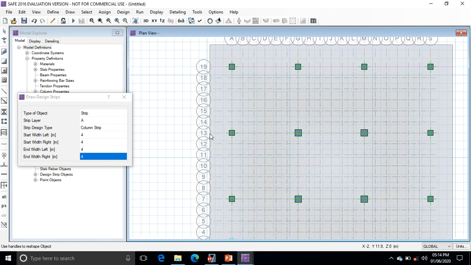right click outside the footing area to escape.